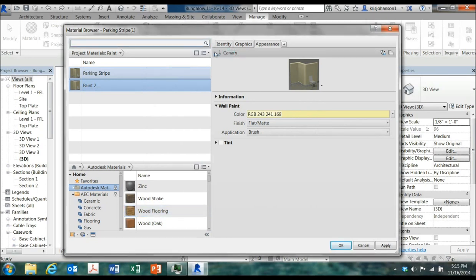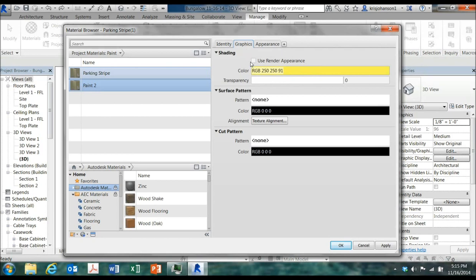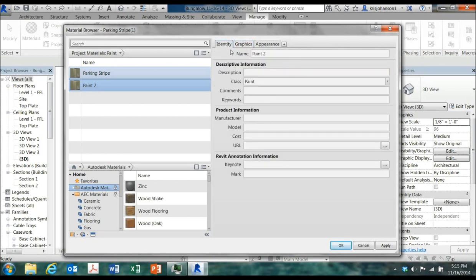This number 1 indicates that it's linked to the other color. So we want to hit this little button over here so that they're independent colors. Alright, use Render Appearance. Make sure the identity makes sense. Yes, it's under the paint class, which is what we want. Click Apply,